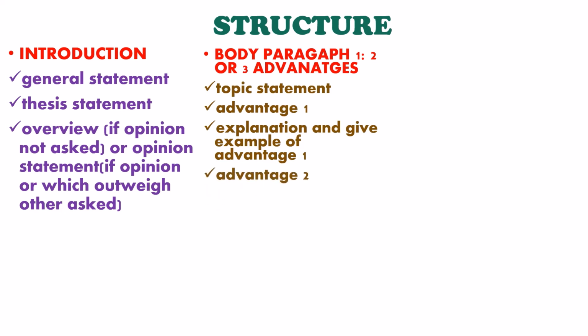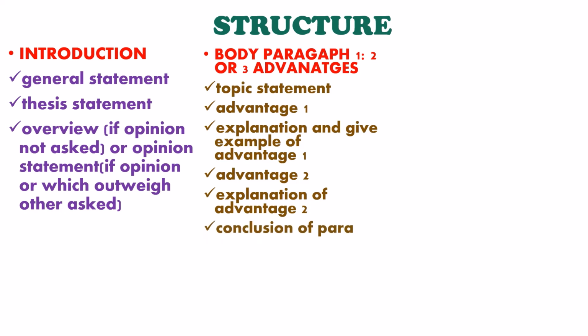After you have explained and justified your point 1, you will give the second advantage and then again you will explain it and then conclude the whole paragraph. No need to give an example for point 2 as well. You can give an example for advantage 1 or advantage 2. Any one advantage can have an example. No need to give 2 examples or it will become too lengthy a paragraph. So 1 topic statement, 1 conclusion statement, 2 explanations, 2 advantages and 1 example. That is your 7 statement count for your body paragraph, apt and correct for band 8.